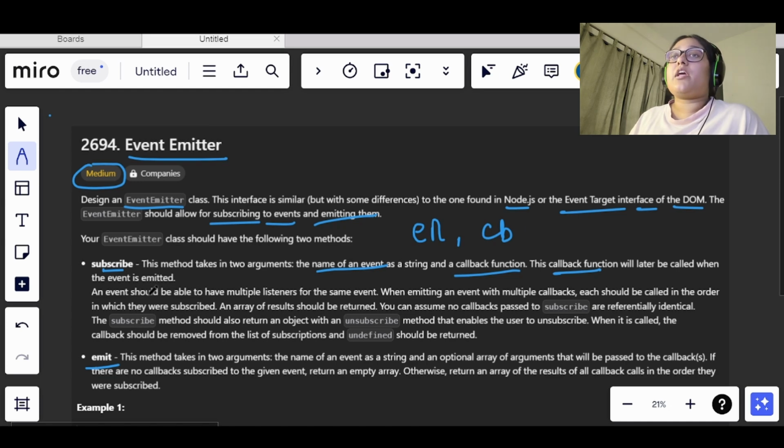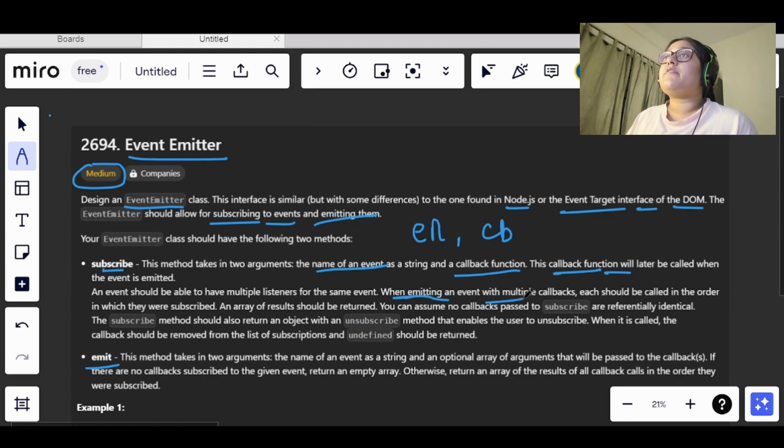This event should be able to have multiple listeners. For the same event we can have multiple listeners. We were told that the callback function will be called when the event is emitted.